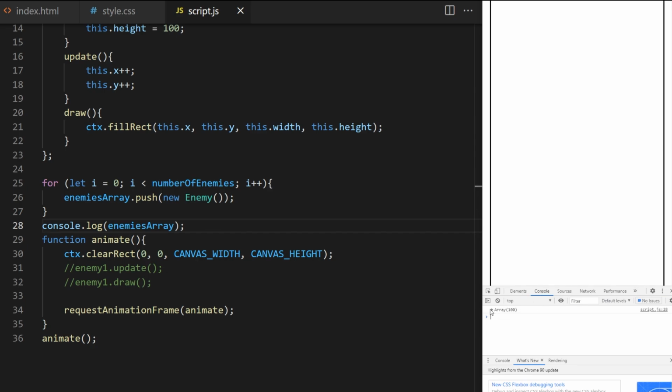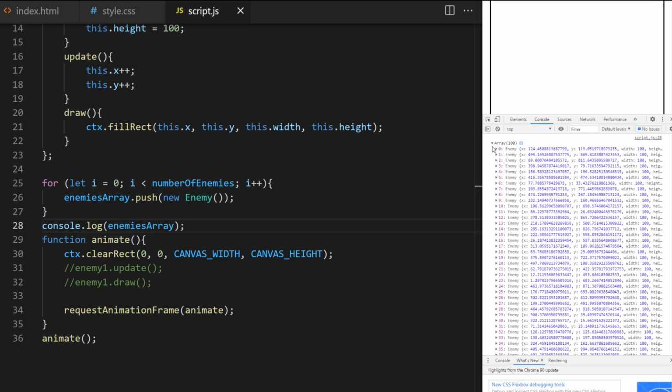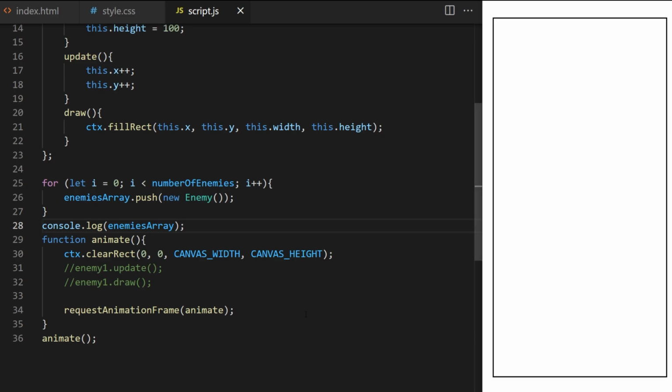In the console I can see we have 100 enemies and each one has a randomized X and Y coordinate. Perfect. So as I said, the goal now is to cycle through all 100 enemy objects inside the enemies array and to trigger their update and draw methods. This will need to happen for every animation frame over and over,